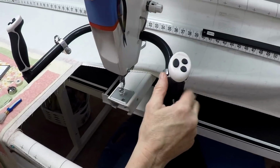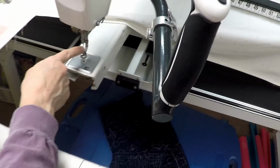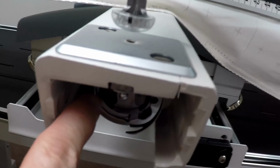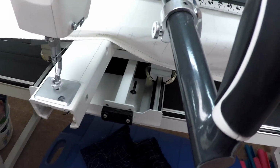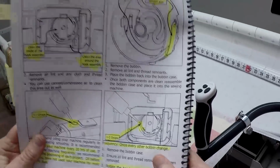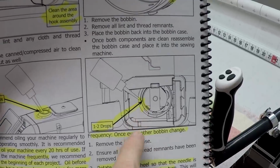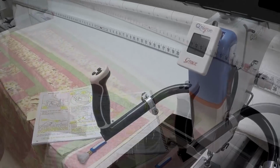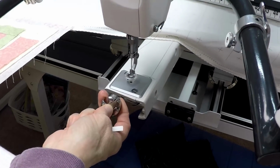And then between every two bobbin changes, you want to rotate your needle so that it's halfway down, and then put 1 or 2 drops of oil right in there on that shaft. You can look in your manual and it shows you exactly how to do that. So with your needle halfway down, that's where you put those 1 or 2 drops. So you want to keep your bobbin case oiled. And then when you put your bobbin case back in, you want to hear it click, so you'll know it's